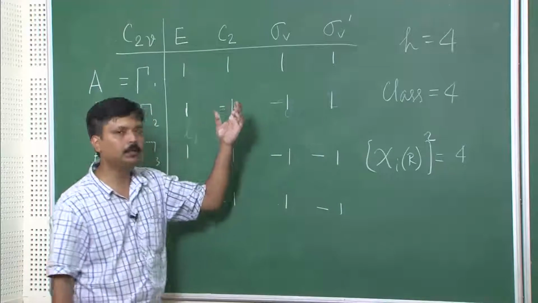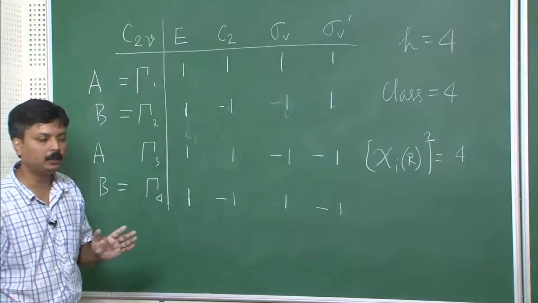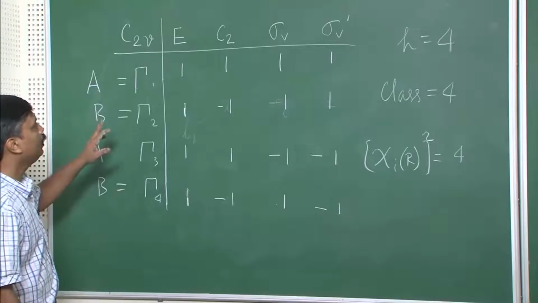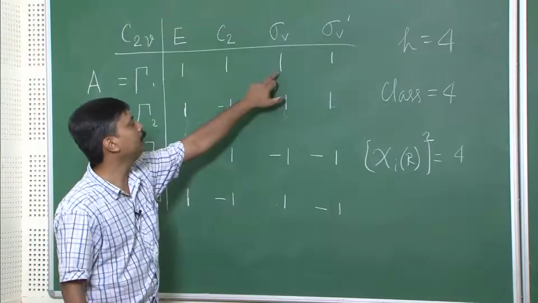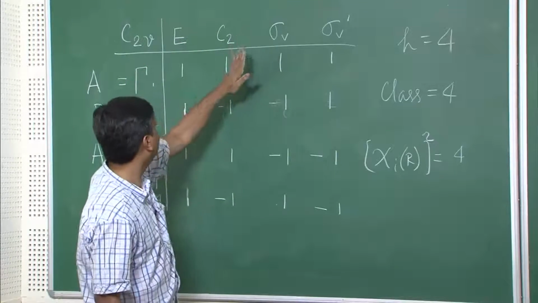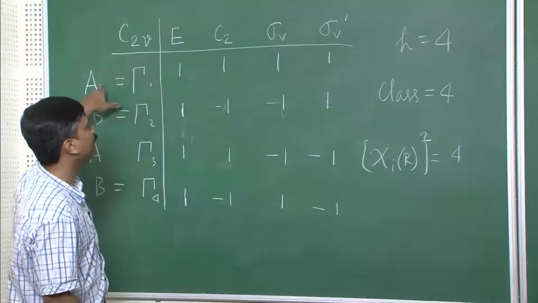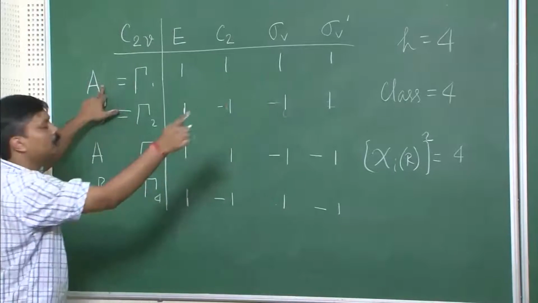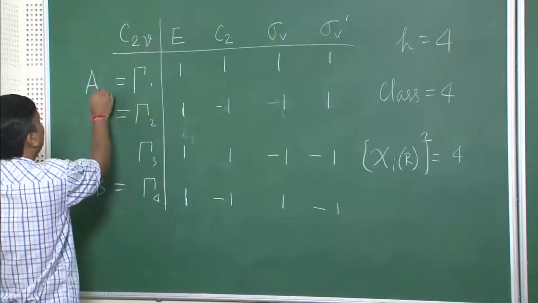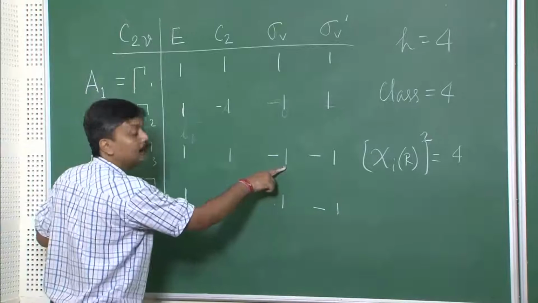How do we put the subscript? We look at the perpendicular C2s, or in case perpendicular C2s are not present, we look at the sigma v's. So if I look at this sigma v, for A, this sigma v is symmetric. The character with respect to sigma v is symmetric, so I put it as 1, and then the other A, if I look at,